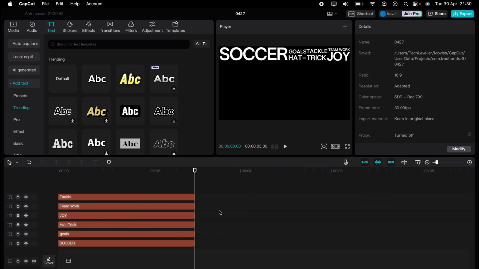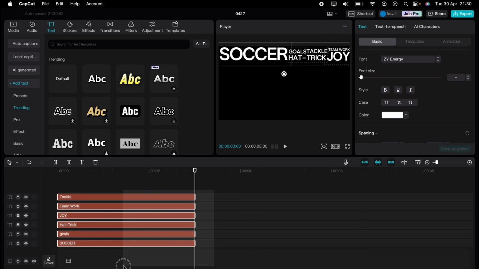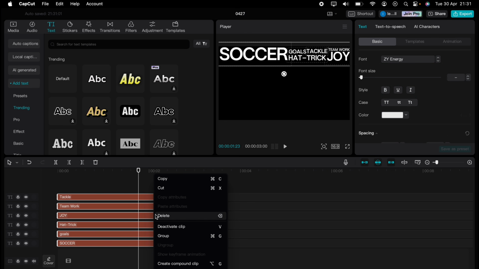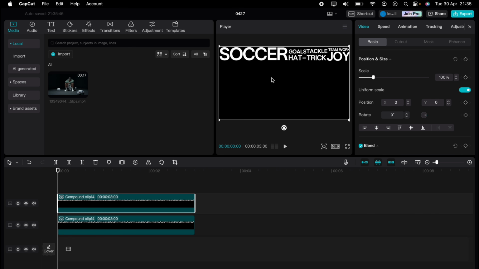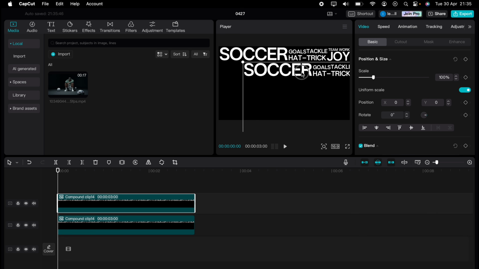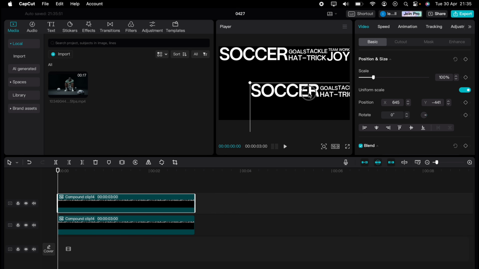and once you've got a full line like that, I'll just keep it basic for this tutorial. You want to highlight all the words that you've created, right click and select create compound clip. Then on the compound clip you want to copy it and paste it onto your timeline, and now you can readjust the size